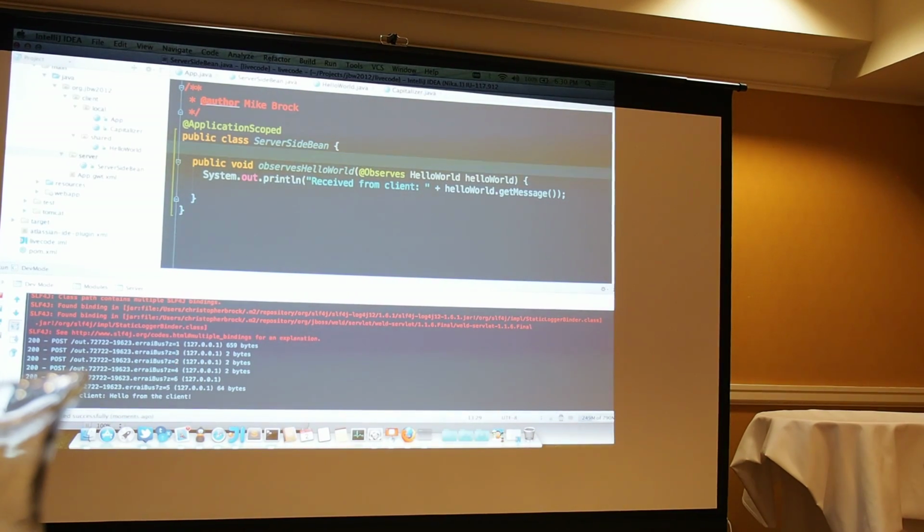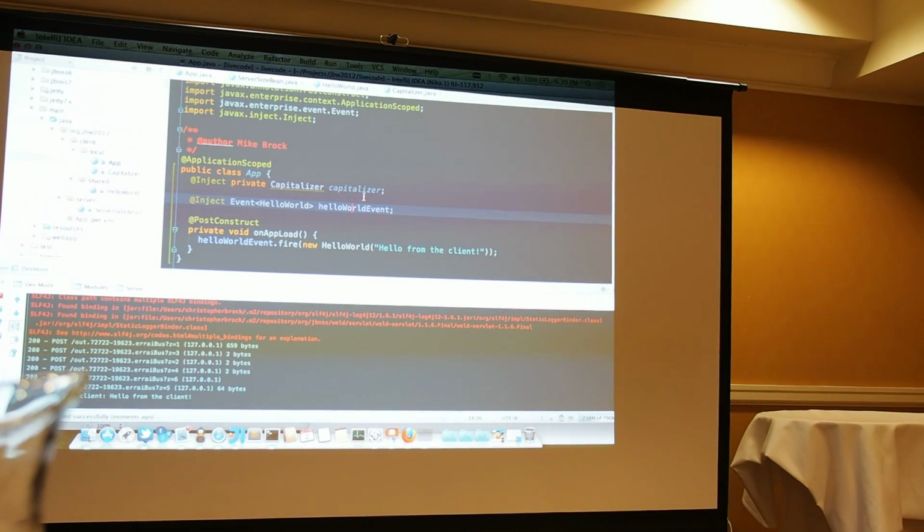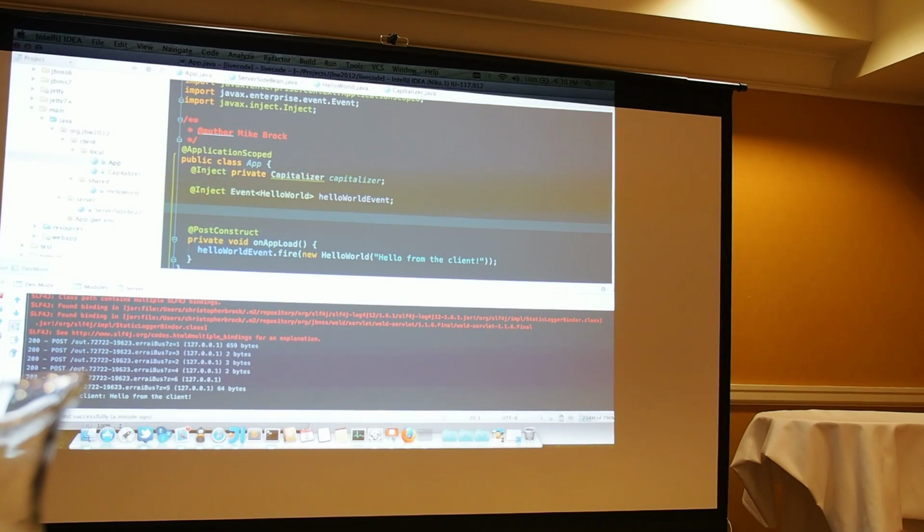It's type safe, just like with RPC, but it's also completely asynchronous. And that might be the last thing I have time to demo. But let's go ahead and let's